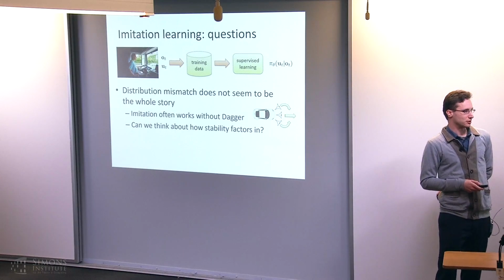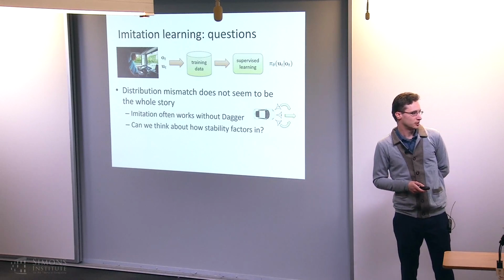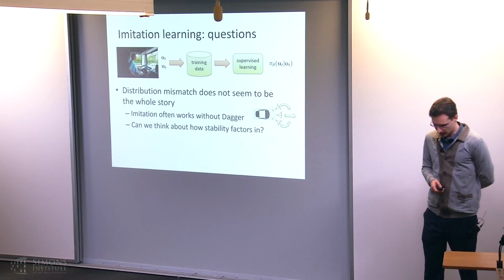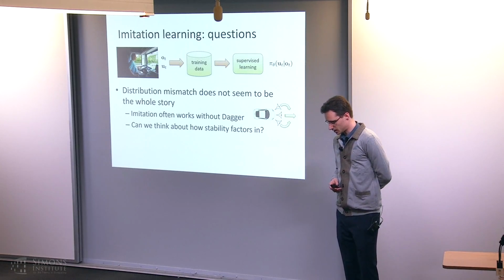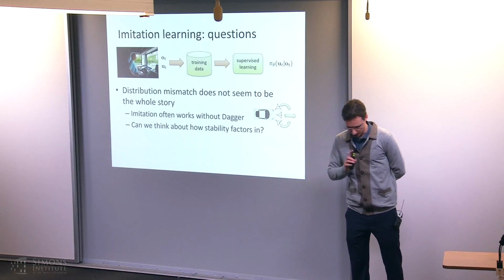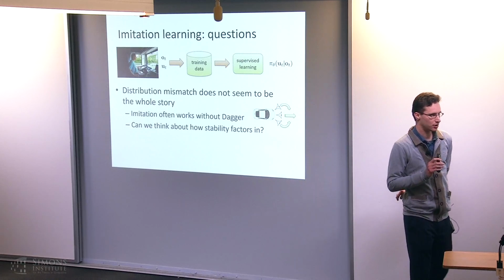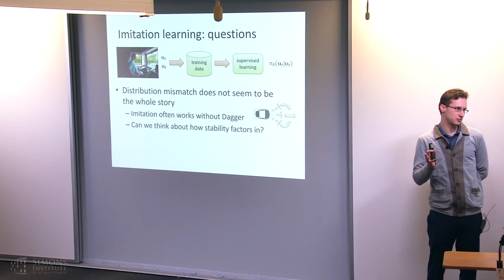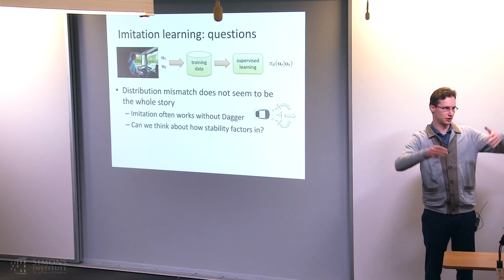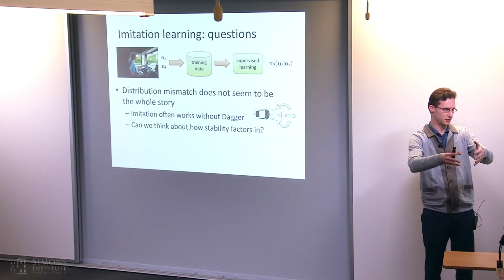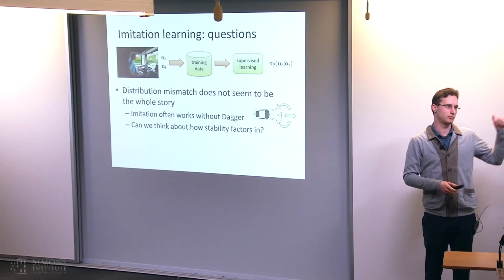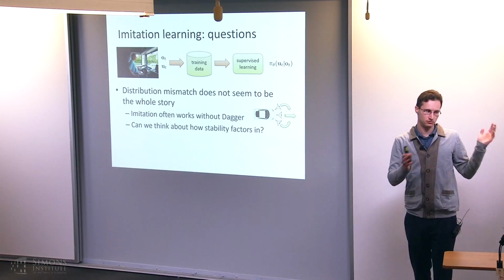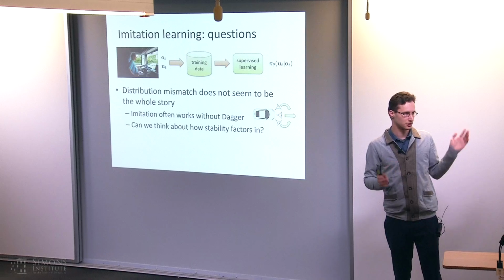So, well, I can't because I don't know. But my guess is that it's something like if the expert that is generating your data is following a policy that satisfies some stability conditions, meaning that if you start it within some range of states, it will converge to states within that range. Perhaps you can say something about what happens if you train a policy with imitation learning on that data, modulo some number of samples, etc.